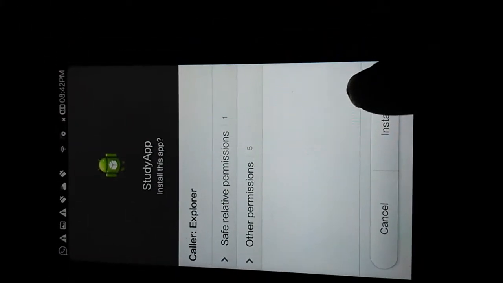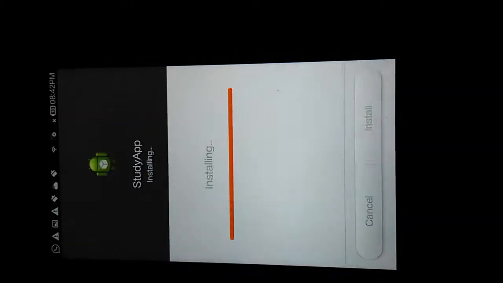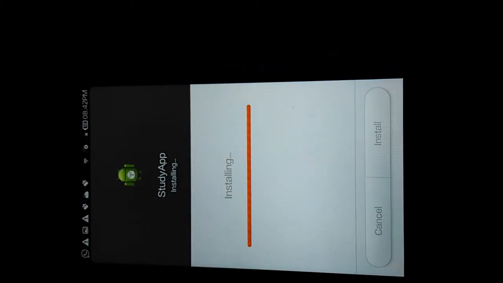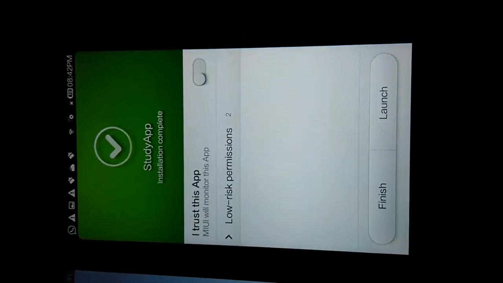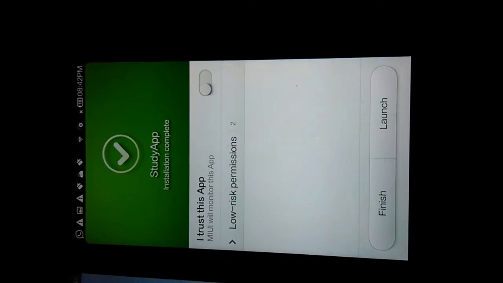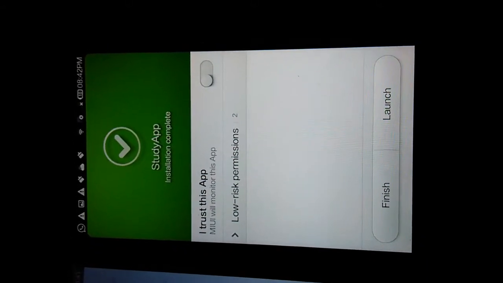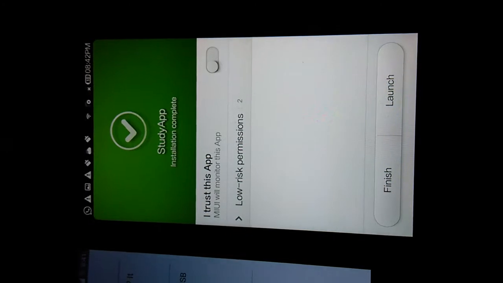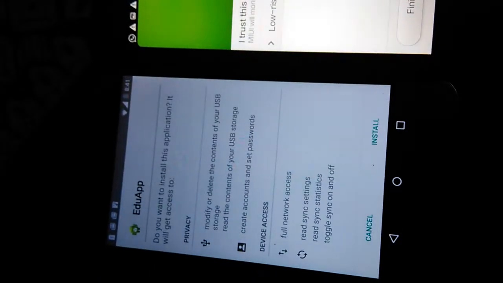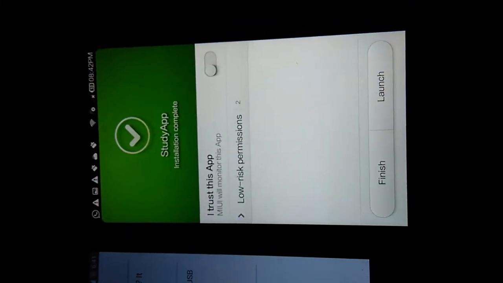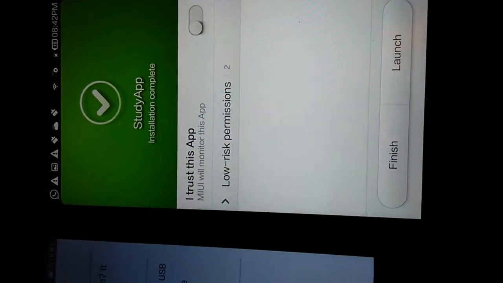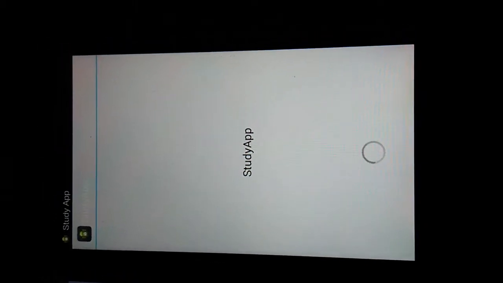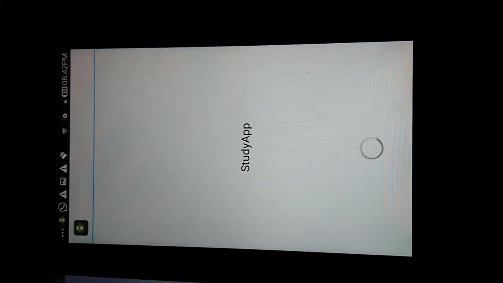This Study app and the Edu app will ensure that we are not going to use 0 KB, 0 bytes, or a single bit of your data plan. So the continuous availability and the cost of internet is not at all a concern. These are the best apps to use in rural areas with limited internet connectivity. We will ensure that the setup process goes well, so we will demo it for you.